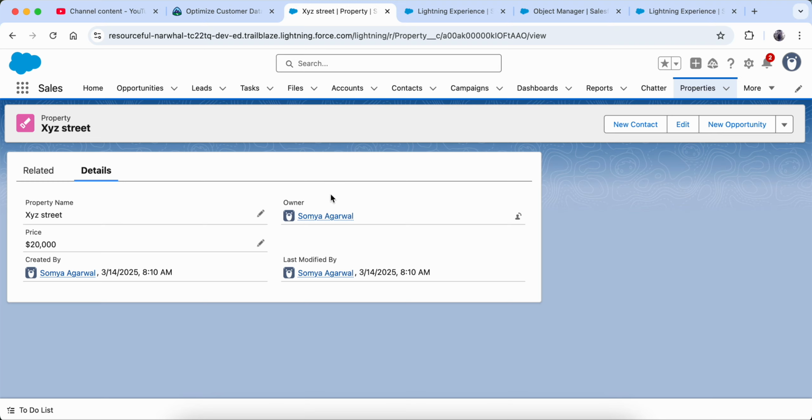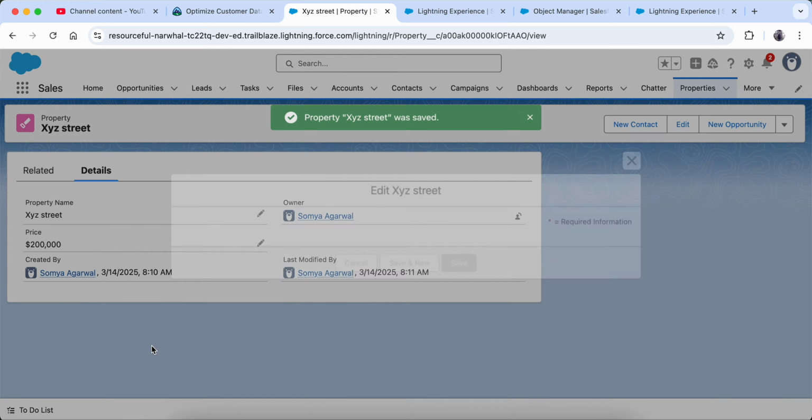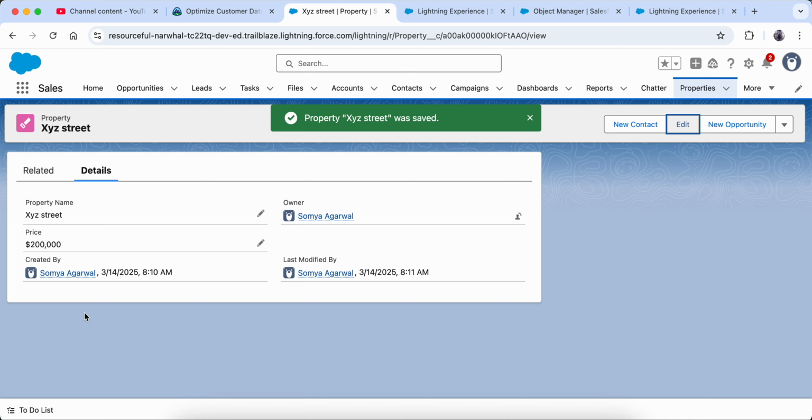Okay, and this is the xyz street or something, and now if I want to edit it, I can edit it as well. Okay, so I put one more zero. 200,000 is a little bit more viable; 20,000 is nothing. So this is how I am going to create a new record.